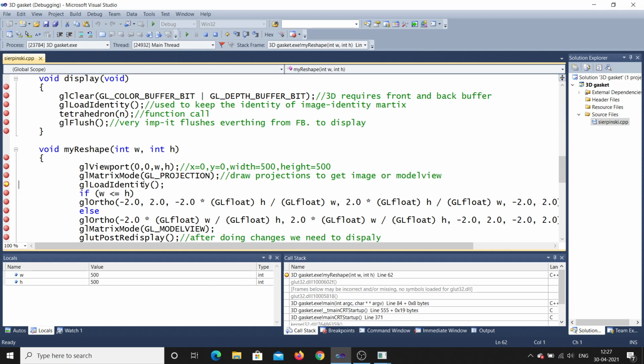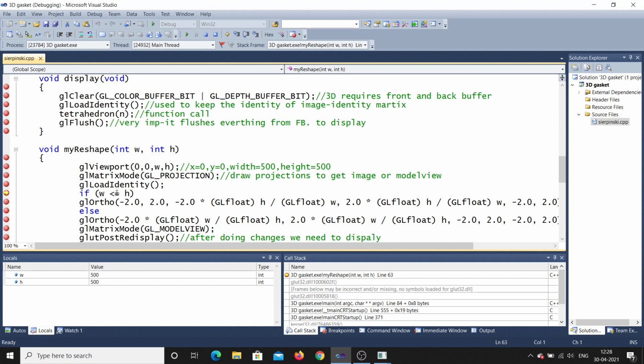Next is load identity. Load identity is used to maintain the identity of the object, especially the identity matrix. So load identity means that the matrix will be identity. Anything multiplied with the identity matrix will be the same.